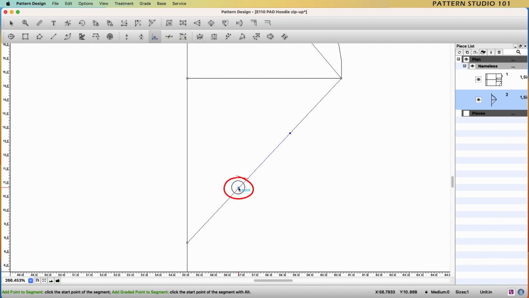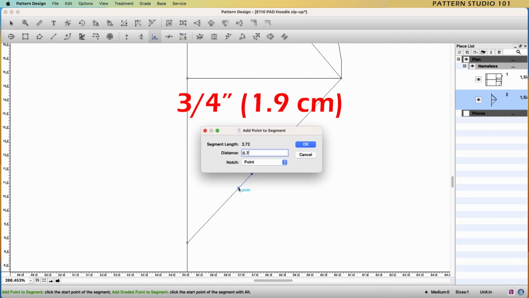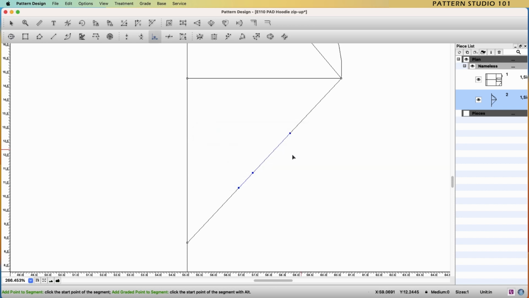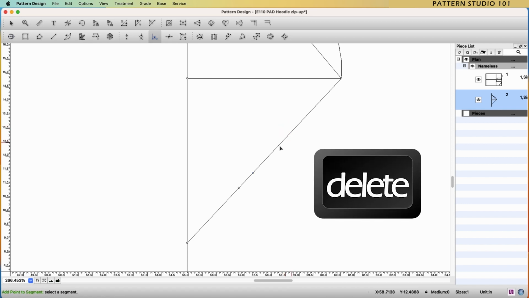Click the lower point. I want to go up 3/4 of an inch. Okay, we need this point to draw an armhole curve. So you can delete other points if you want. Select the point and press the delete key.